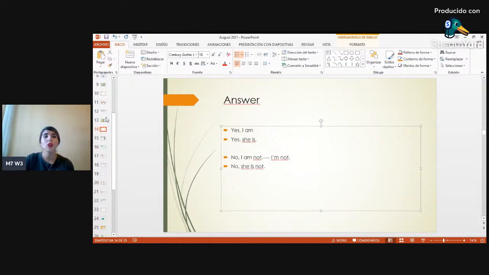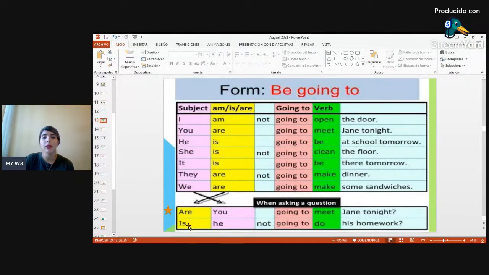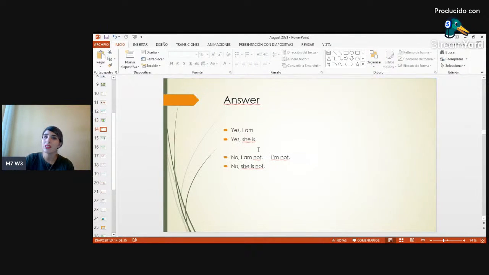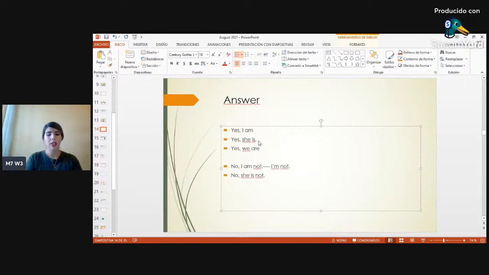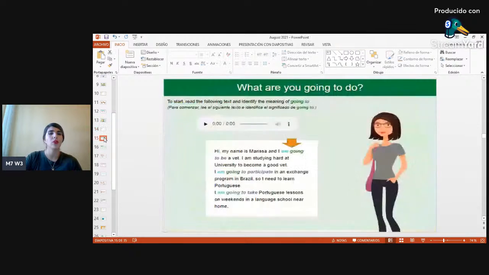¿Por qué? Porque estamos usando el auxiliar del verb to be. Empezamos con el verb to be. Entonces mis respuestas también deben de incorporar el verb to be. Pronombre y verb to be, dependiendo. Acuérdense, les decía am, is, are, dependiendo, ¿ok? O si es negación, agregamos el not posterior a cada uno de ellos.